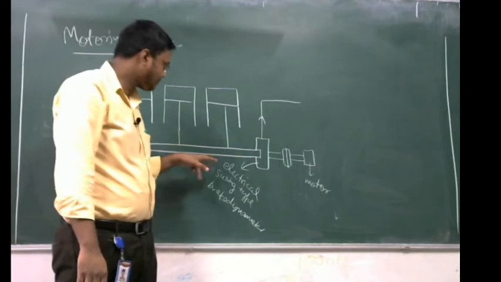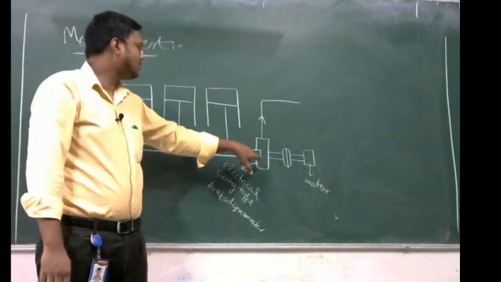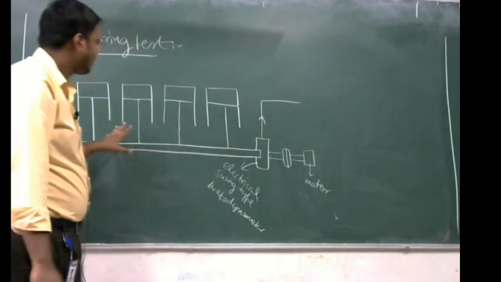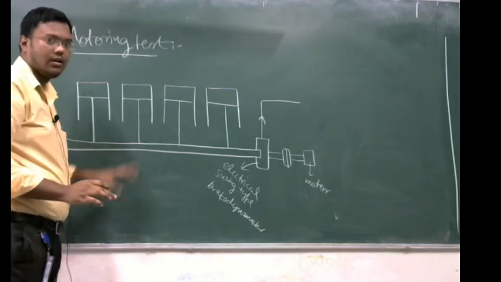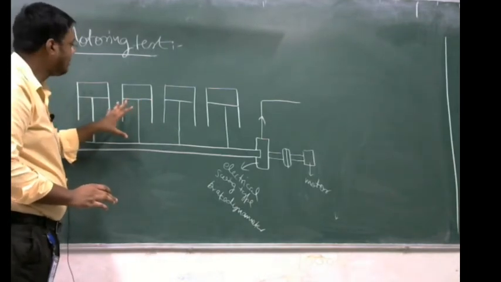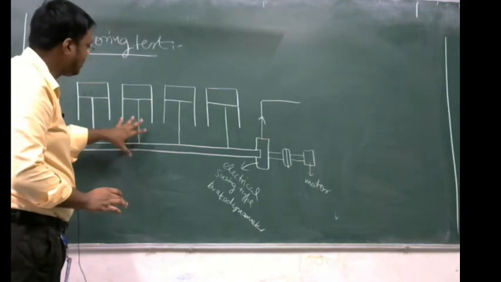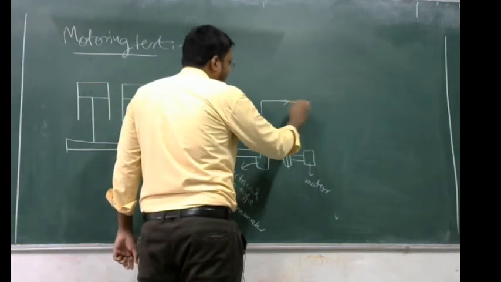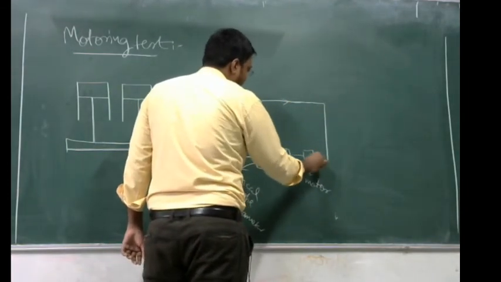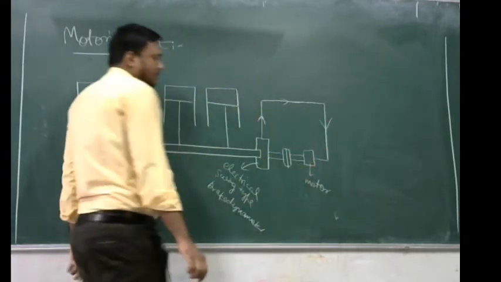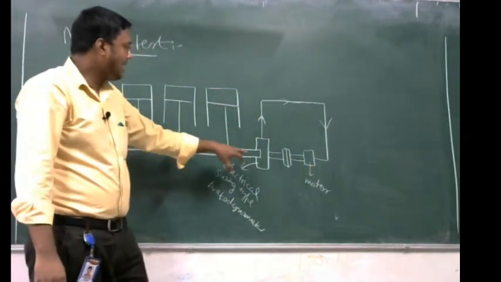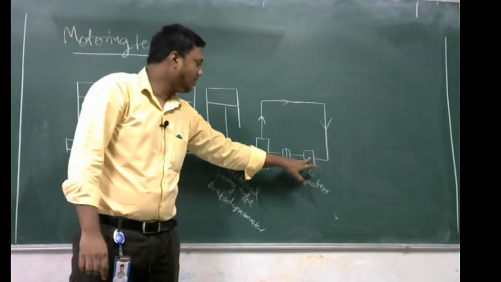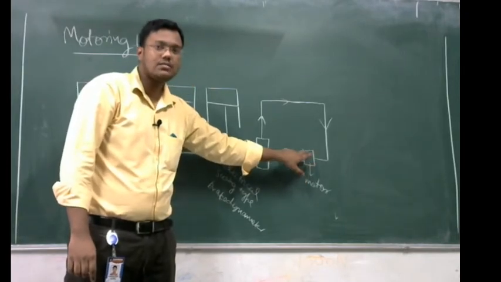Now when all the power is stored in the form of electrical energy, we put this engine in off condition. We switch off this engine. Now the engine is off, and the electrical power we have got here is supplied to the coupled motor. As this whole power is supplied to the motor, the motor starts rotating.